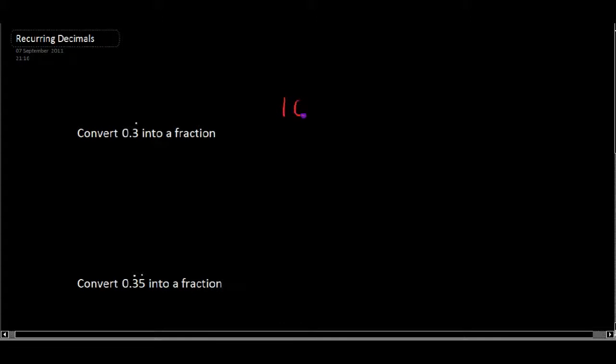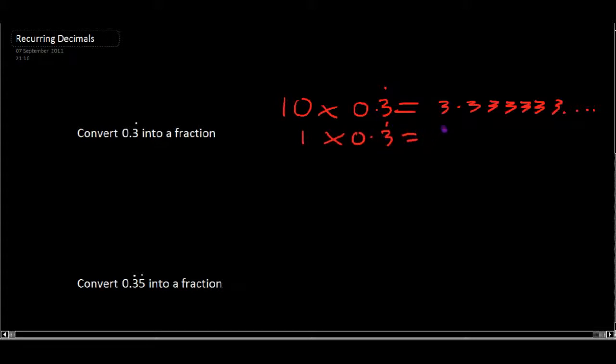So we're going to do 10 times 0.3 recurring, and we get 3.333333 and so on. Remember, 0.3 recurring means 0.3333, and if we times by 10, the decimal place moves one to the right. This is 10 times as big. Now let's look at one lot of 0.3 recurring. We'll write out some of it. And we can see that after the decimal place,